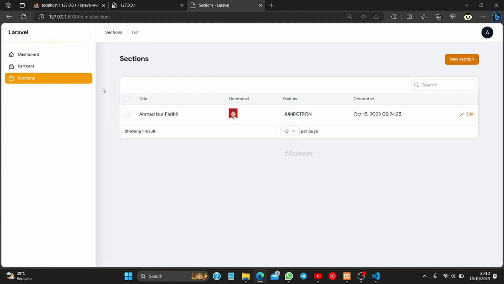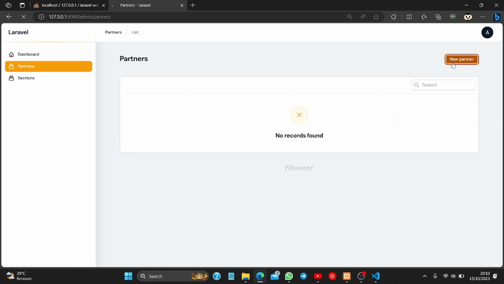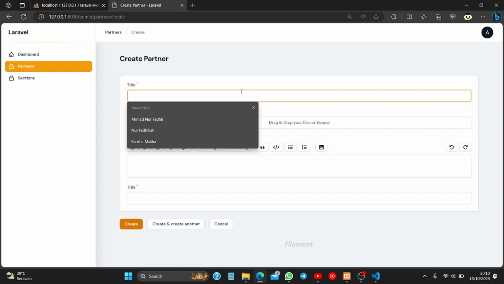Now go back section, and as you can see, you can go to partner and new partner. So I will